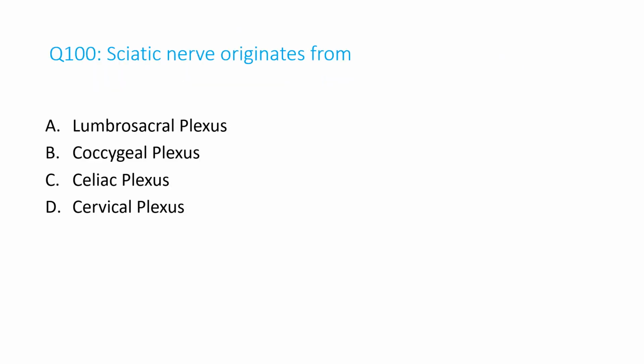And the answer is number 100. Sciatic nerve originates from A. Lumbosacral plexus. B. Coccygeal plexus. C. Celiac plexus. D. Cervical plexus. And the answer is